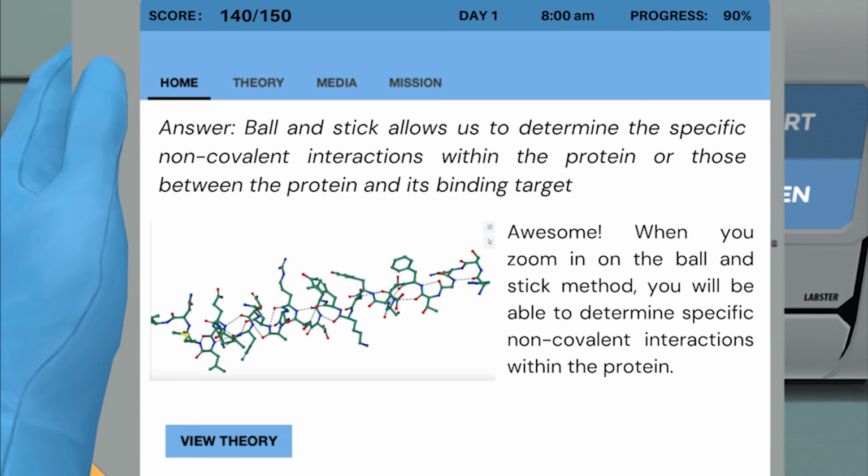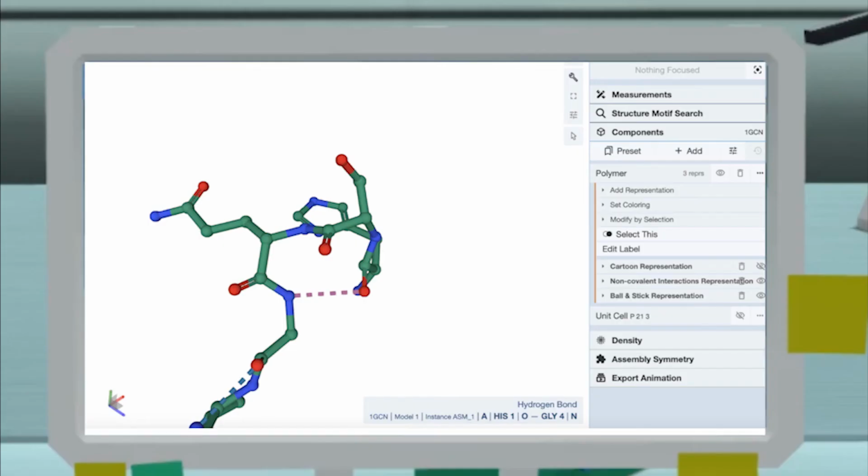Awesome! When you zoom in on the ball and stick method, you will be able to determine specific non-covalent interactions within the protein. You can click on the specific non-covalent interactions designated by the broken lines. As seen here in the figure, there is a hydrogen bonding between histidine 1 and glycine 4 of the glucagon protein. You can do this with all of the non-covalent interactions within the protein to determine which interactions stabilize the